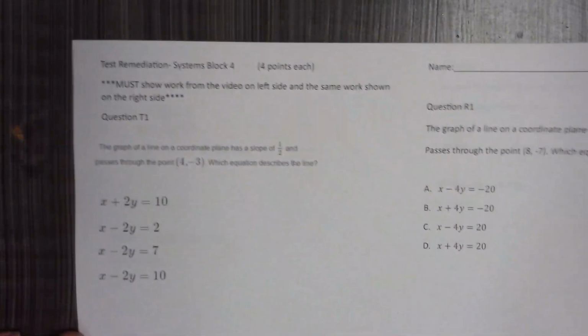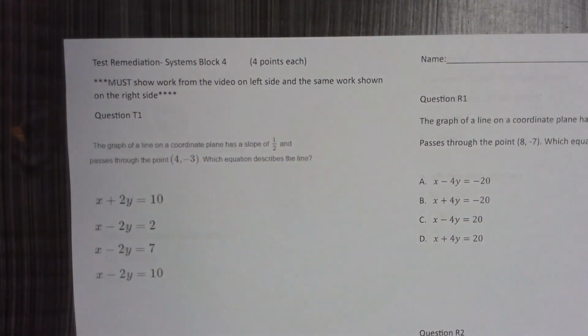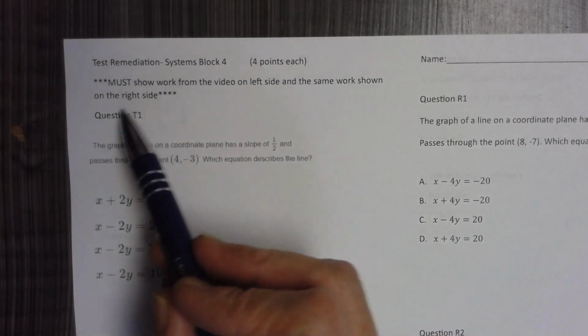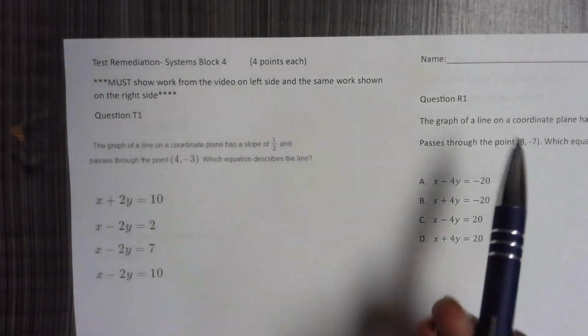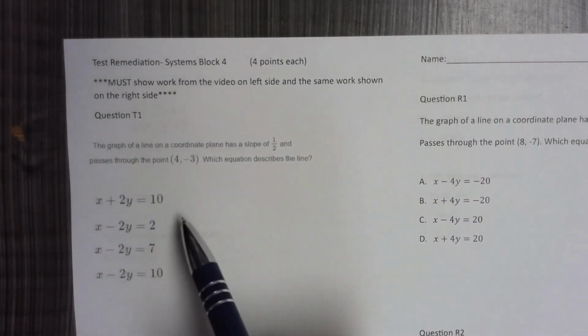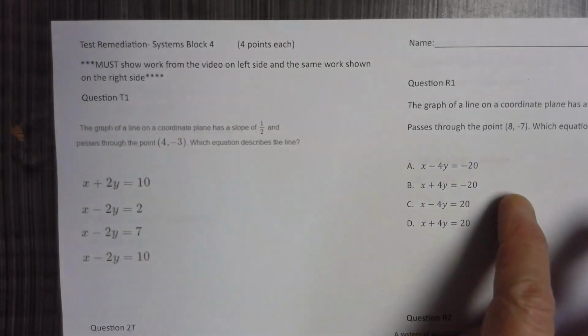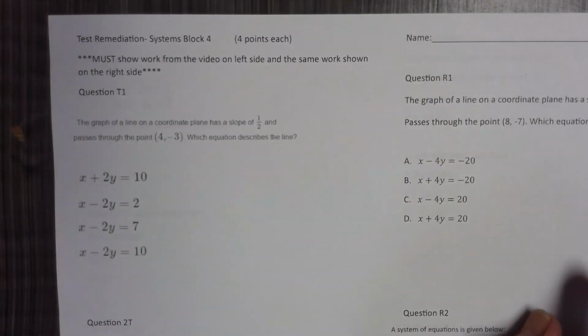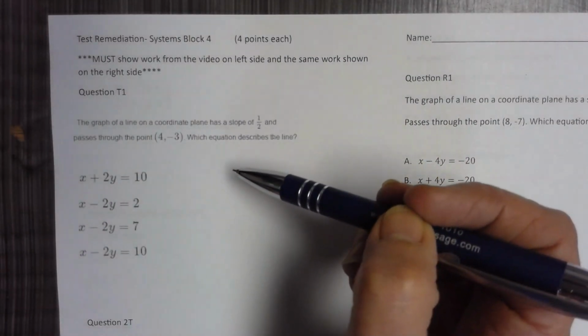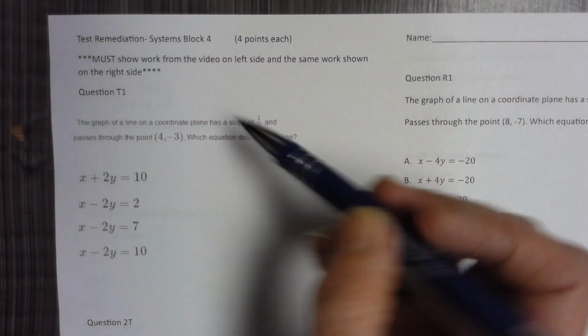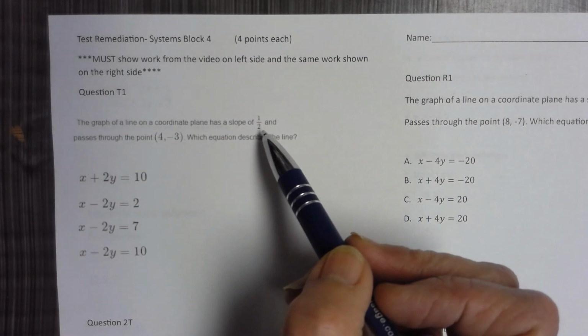All right, this is test remediation for block 4. Let's make sure that we're showing all our work on both sides. We're going to demonstrate it here, and then you need to show the same work on the other side. Okay, so one of the most missed problems actually is an oldie but a goodie, where we're dealing with slopes